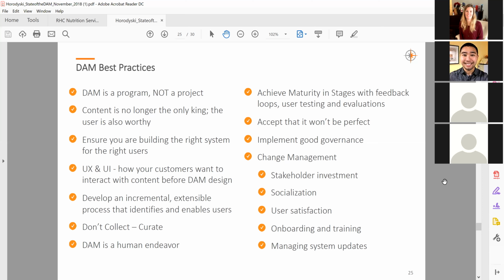The last one is managing system updates. Obviously, when you get a piece of technology like a digital asset management system, you're going to get upgrades over time. You might want to wait for the next upgrade depending on certain situations. But you always want to make sure when you do those things, you tell your users in advance, hey, we're going to go for an update. The system will be down for an hour. When you see it again, here's what it's going to look like. Never ever surprise your users. Try and give them as much heads up as possible to let them know the good things that are coming their way. So those are some best practices that I think are valuable to share.